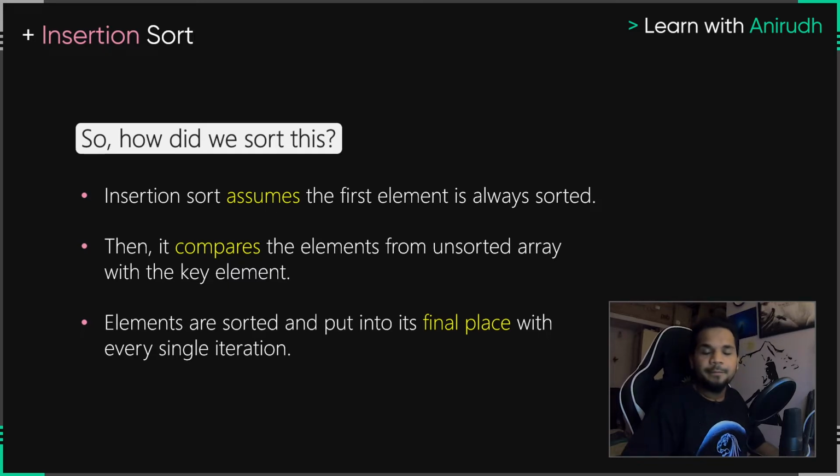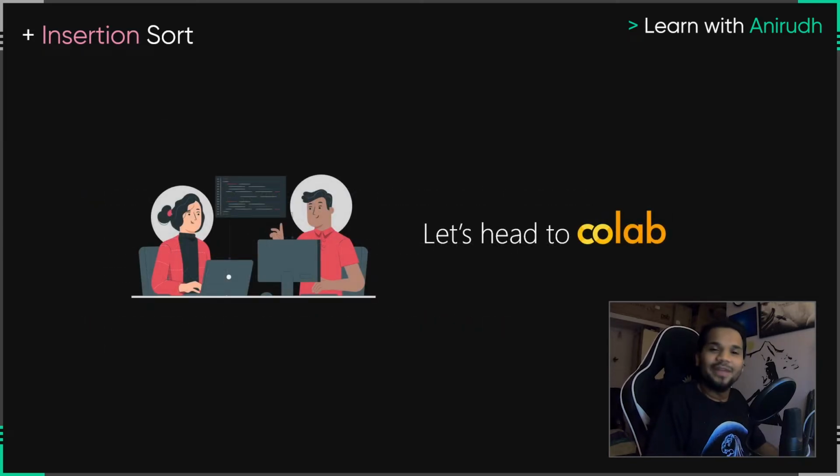Minimum to the left. Keep comparing, keep swapping, and as soon as you throw it into the new array, what are you going to do? You're going to still compare because there's a good chance it is not going to be sitting in its final position. So insertion sort is all about messing it up first before sorting it again. And even while sorting, it's going to mess it up. And eventually at the end, it's going to sort it out good enough for you to get sorted with insertion sort.